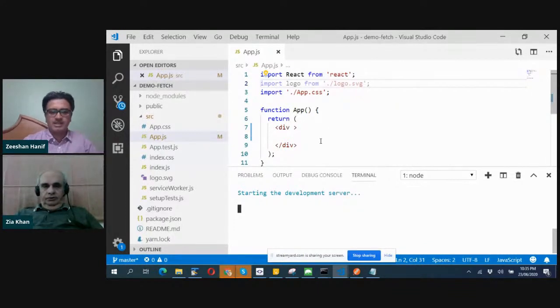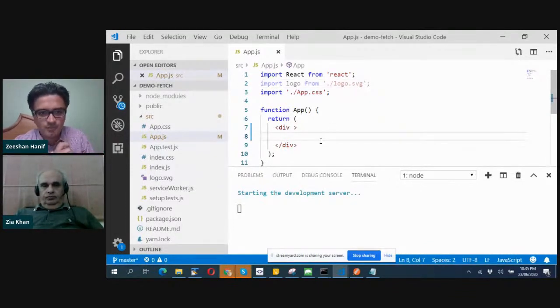Okay, so while the application is being loaded, what we can do is fetch the data from the server in a React application. We have multiple options. If we are using a class component, we have lifecycle methods, componentDidMount, componentWillMount, in which you can call the fetch API. In our case, here we need to call this API, so we have a function called useEffect. What it will do is,